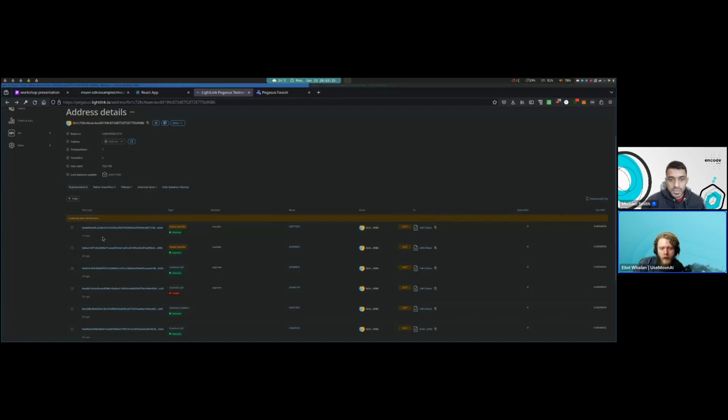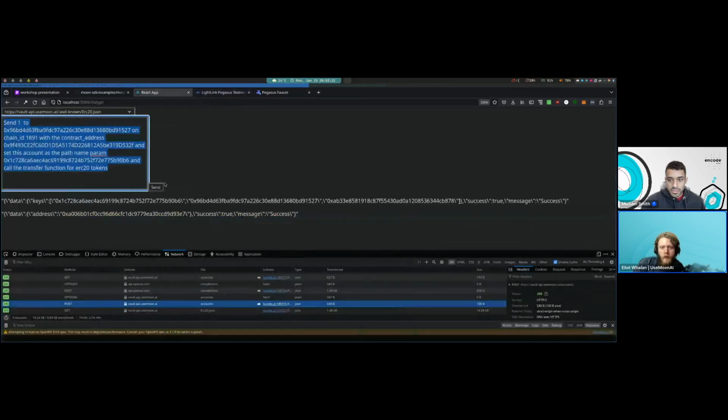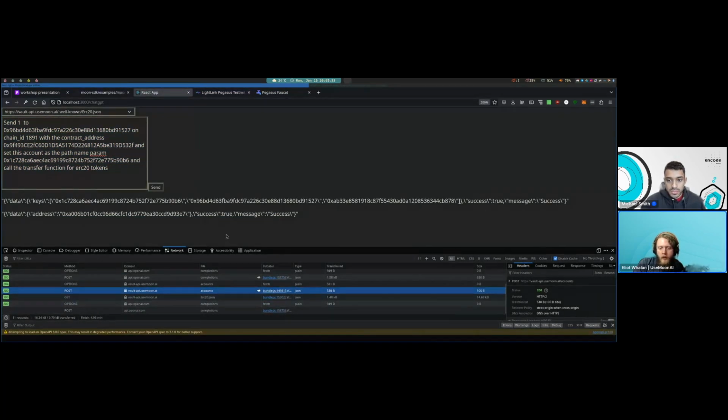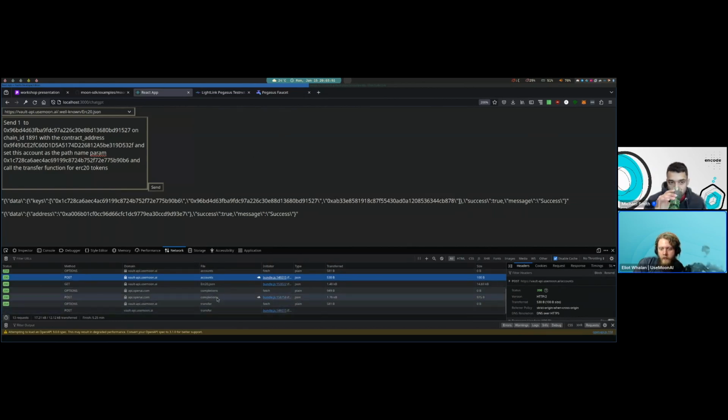So the last transaction on Pegasus from this account was an hour ago, and I called token transfer. For this, we will also be using the ERC20 interface. So I hit send. It posts to OpenAPI. This specific model does take a little while. And then it's returned,